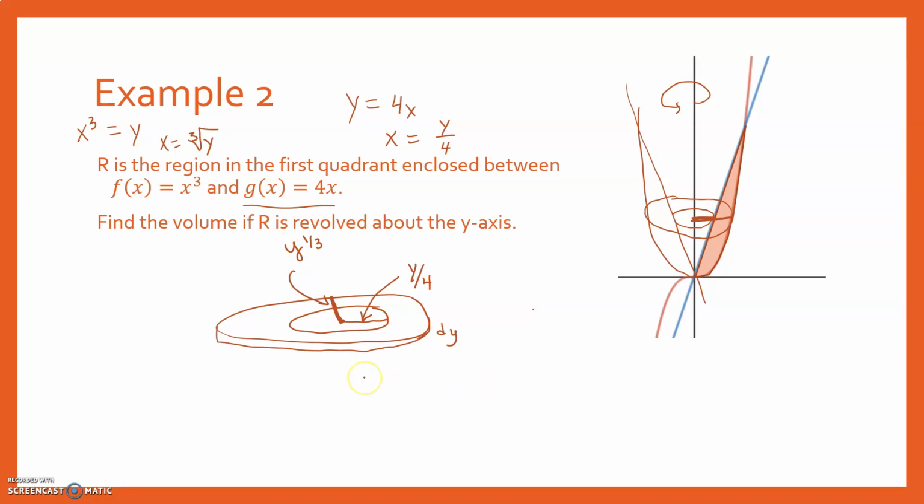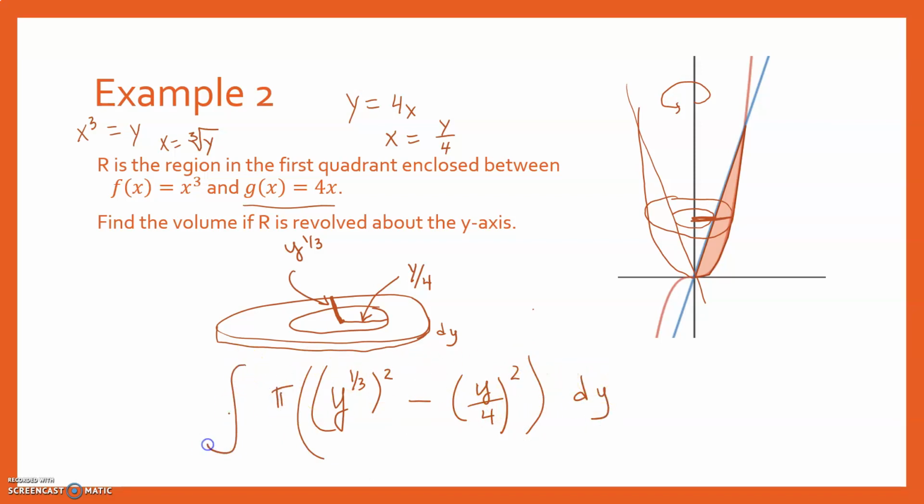So then when we set up our volume, it's going to be the big radius squared minus the little radius squared times pi times the thickness. And then we're going to add up, starting at the bottom of our shape, where the y-coordinate would be 0, and we're going to stop where the two functions cross. So we're going to stop where 4x is equal to x cubed,